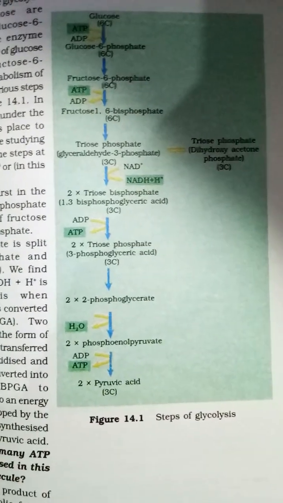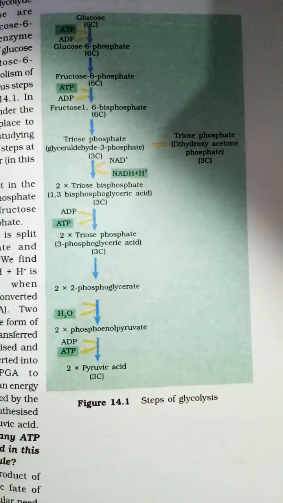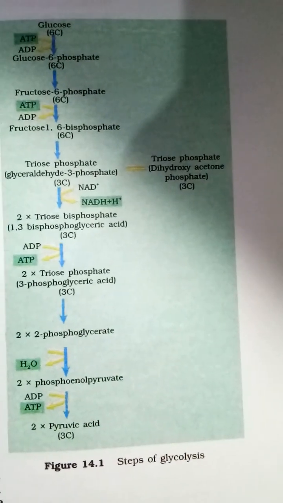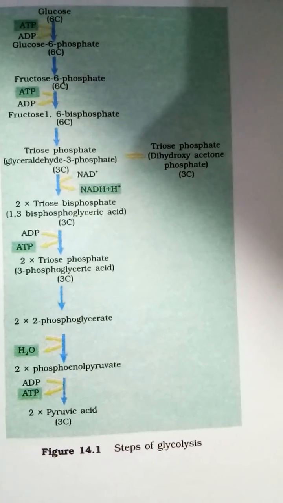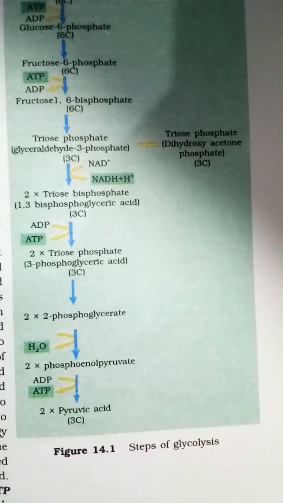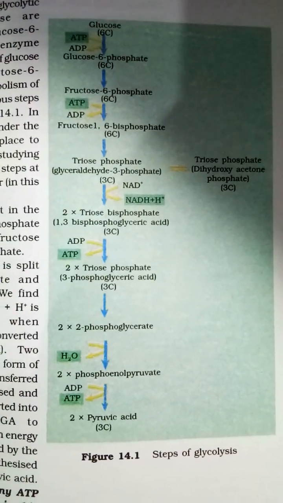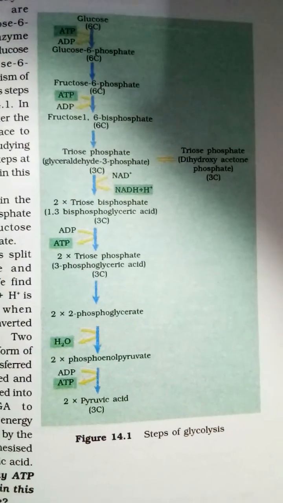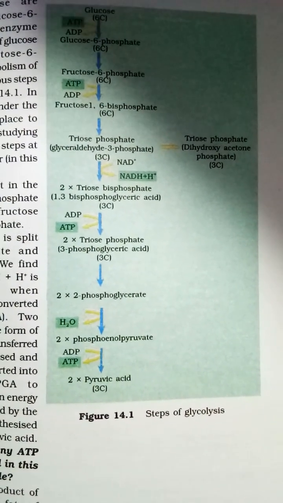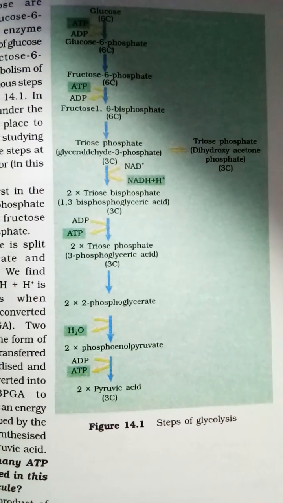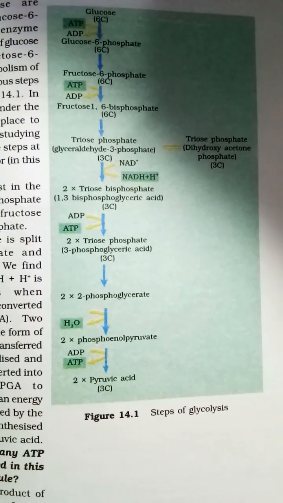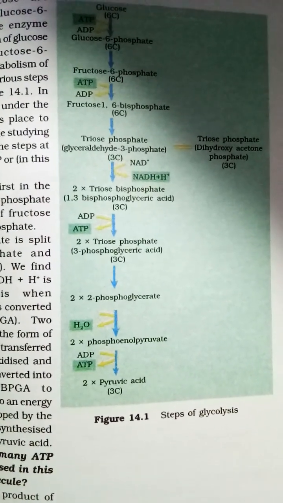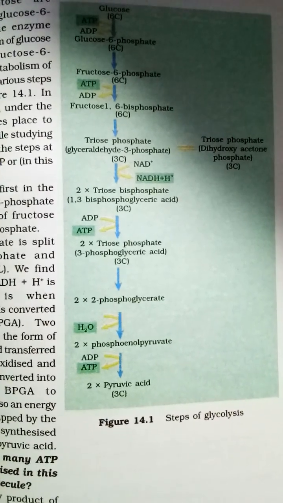Dear biology aspirants, right now I have the steps of glycolysis, and here you will see that triose phosphate, dihydroxyacetone phosphate, 3C. Before going to discuss that subject matter, I am discussing the biological word glycolysis, and the chapter is respiration in plants, 14.2 of the NCERT book, which will provide you plus 2 level